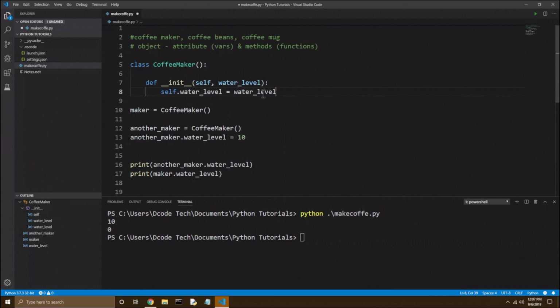It's probably going to look a little weird at first, but basically what this gives us the ability to do is say we want this coffee maker to have the water level of 0 and this coffee maker to have the water level of 10 right when we instantiate their objects. Then I don't need that extra line there because this 0 is going in as water level and getting set